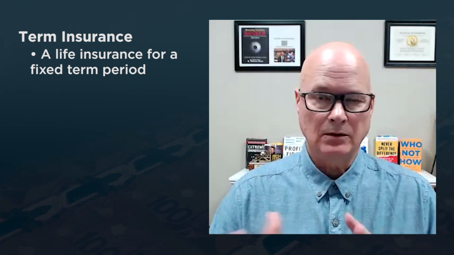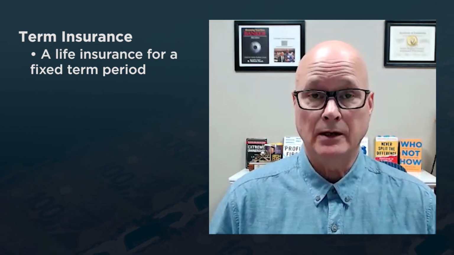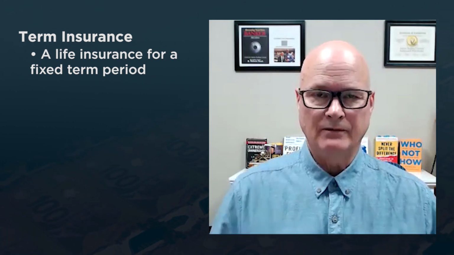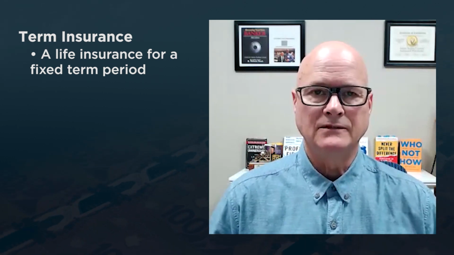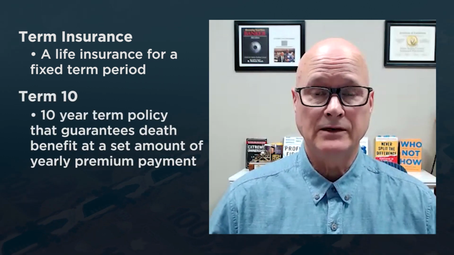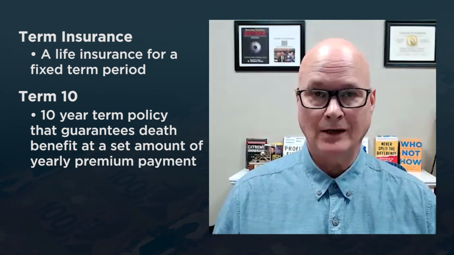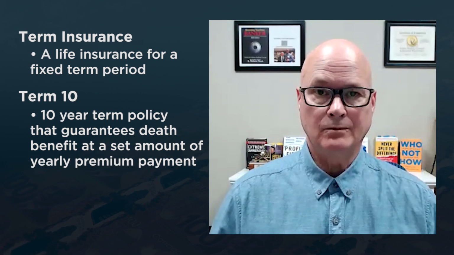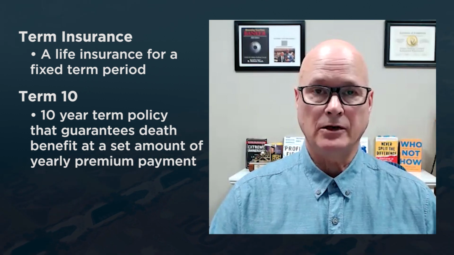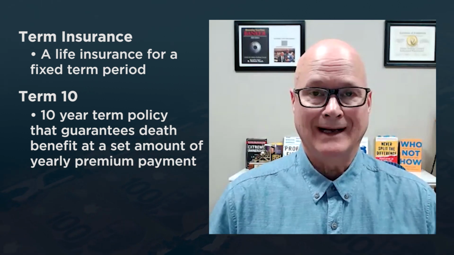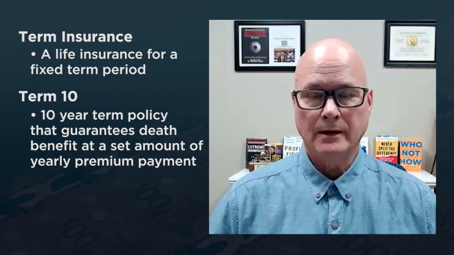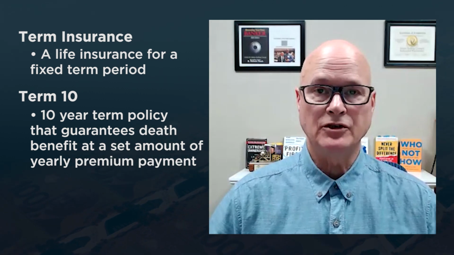Now, there's a bunch of different terms that are available. So you can get term 10, term 20, term 30, and it goes on. So there's lots of options for you. And what does it mean if you get, for example, a term 10? For a term 10, whatever the death benefit is that you have bought the insurance for, it will have a premium that you have to pay for those 10 years. So let's just say it was $1,000 a year. Well, it would be $1,000 a year for 10 years. That would be how you pay for your term insurance.